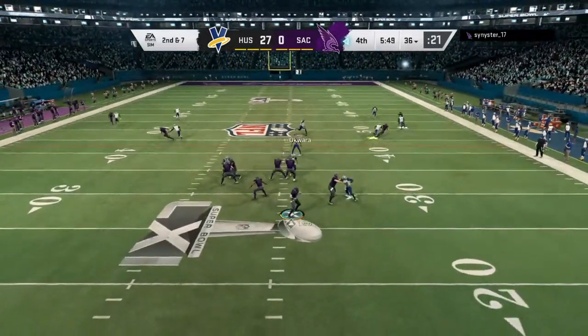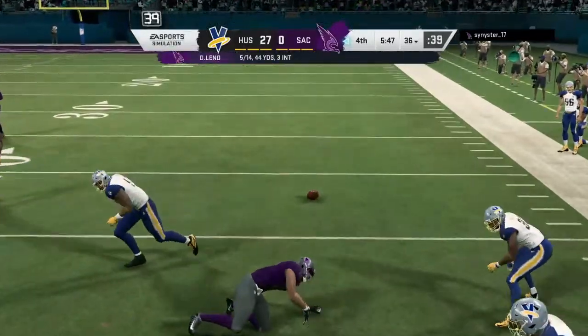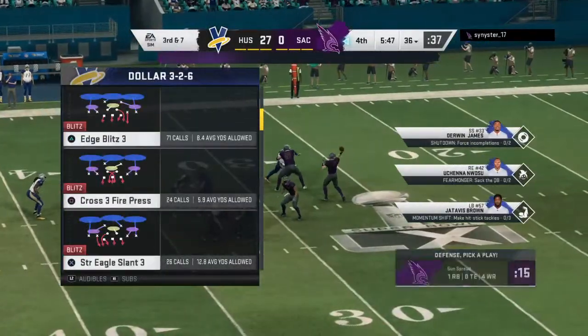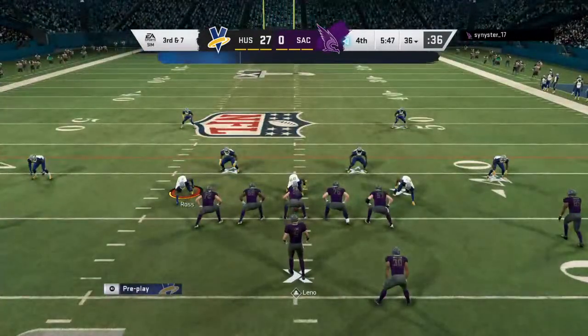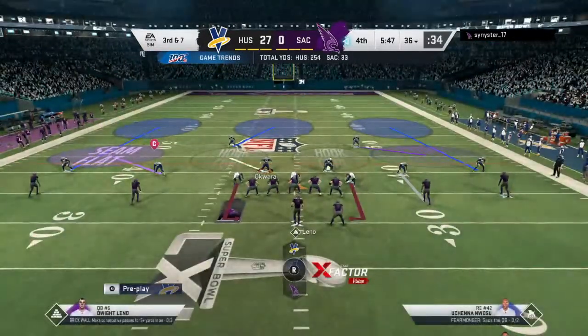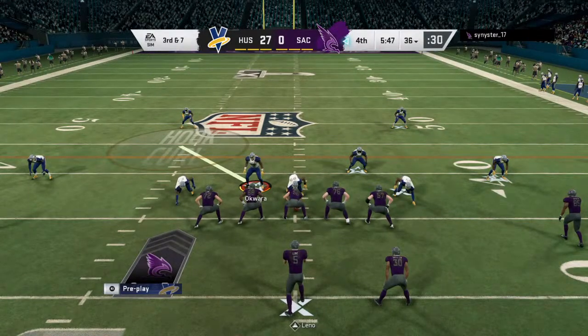They're going to look to throw. And that is incomplete. A lot of force bearing down on him there. He could not hang on. It's 3rd down. The offense on 3rd down tonight, 3 for 7 so far in this game. This is 3rd and 7. Watch the